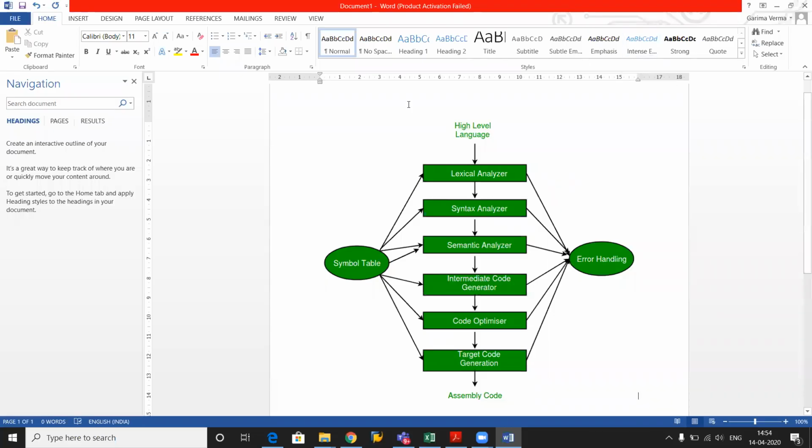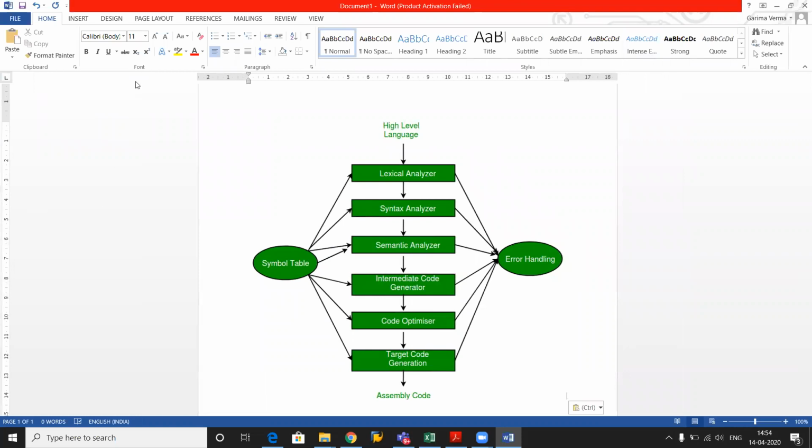Okay, so we are going to start with the error handling part of the compiler design. Till now, we have seen the lexical analyzer, which is used to generate the tokens from the high-level language program. Then we have seen the syntax analyzer, which is also called the parser, which generates the parse tree, syntax tree. And the parse tree goes as an input to the semantic analyzer, which is responsible to check the meaning of the syntaxes using a type checking module and syntax definition.